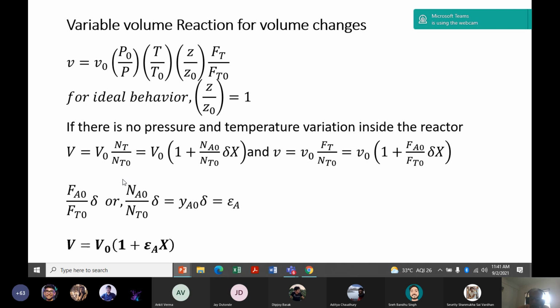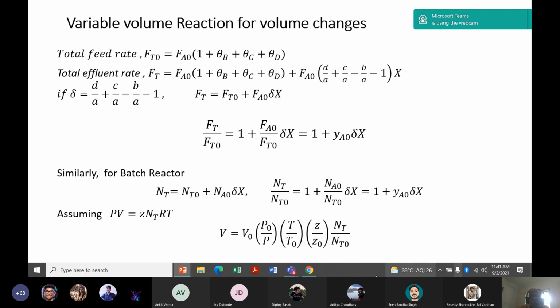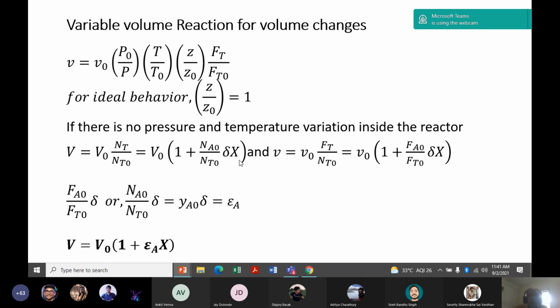or V0, what is Nt by Nt0? From the previous page it is there, Nt by Nt0. We can substitute 1 plus Na0 by Nt0 delta x. Similarly for V, final volume of the reaction mixture is equal to V0 initial volume multiplied by this, and this is coming due to volume change in the reaction, that is Fa0 by Ft0 delta x, and this Fa0 by Ft0 delta is same as Ya0 delta,